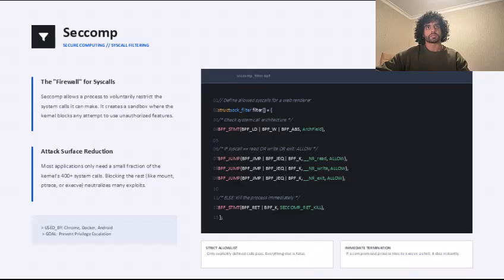potential exploits. In summary, AppArmor provides an easy-to-manage path-based file and capability restriction layer, while Seccomp offers an extremely granular syscall-level firewall that drastically reduces the kernel attack surface. Together,